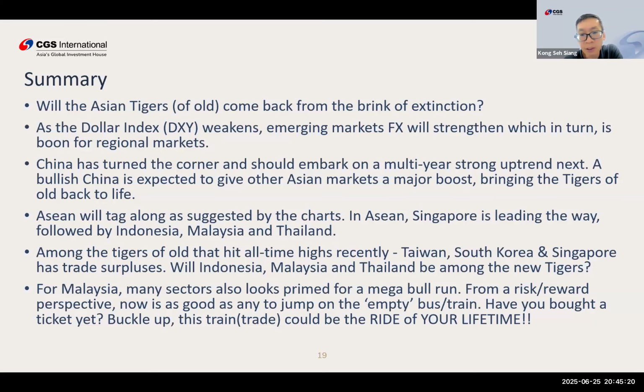Yeah, so I think sector-wise, Malaysia also looks primed for a fairly strong run. Most sectors are in place, or the chart shows that it's getting ready for a nice move to the upside. From a risk to reward perspective, we are at a good level given that nobody actually believes the current situation can be a bullish opportunity. So we think that you should get ready, get a ticket, and get ready for the ride of your